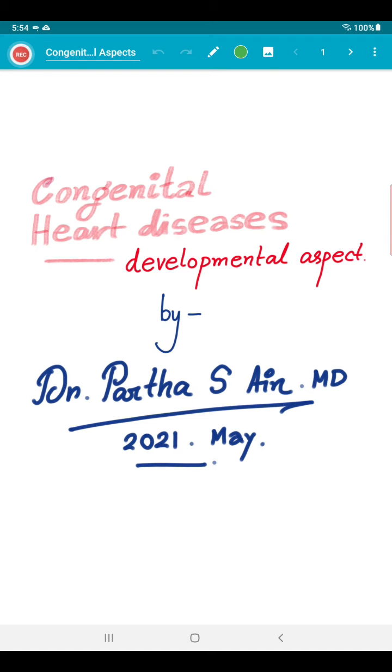In future, in the final year of your MBBS curriculum, in medicine and in pediatrics, you will be able to read these topics, each and everything, in great detail, so that you can easily understand the different clinical scenarios in actual patients when you see them in wards or in your personal chambers. So this is very important from that aspect. Here, I will only tell the anatomical developmental aspect of various congenital heart diseases.